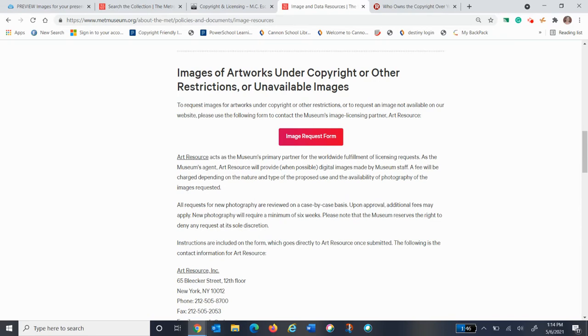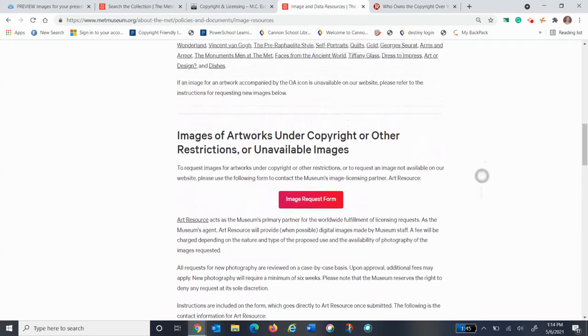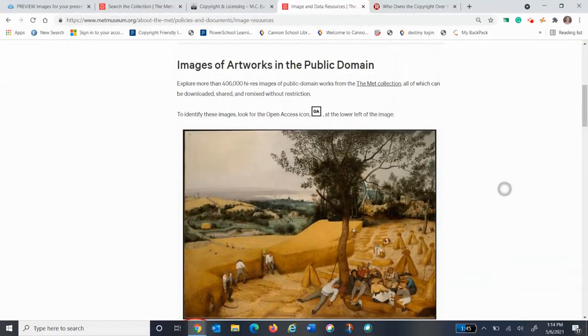But the Metropolitan has taken it one step further to help us out. What they've done is they've created a public domain. That means that anybody can use this as long as you give credit to their work. So they've created a library of all their public domain work.